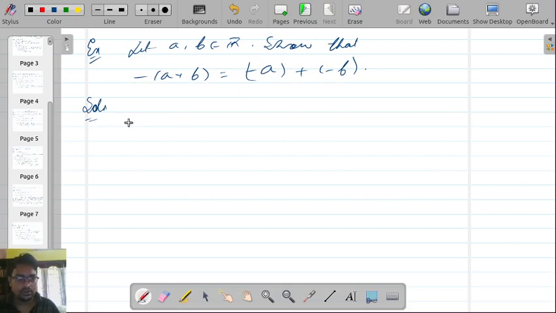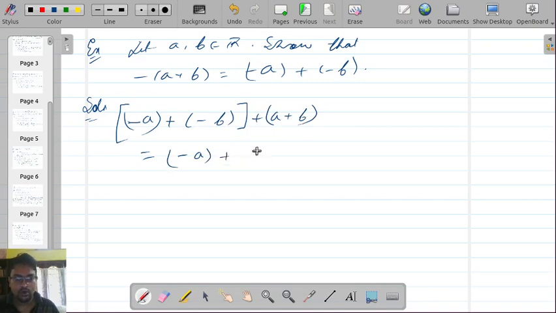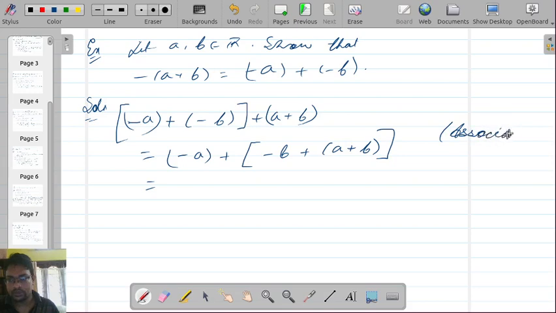Okay, so what I can do is I can just calculate what is the sum of these two, minus a plus minus b plus a plus b. Okay, let us calculate this sum is equal to what? Equal to, I can apply the associative property here, minus b plus a plus b. Okay, so I can use this associative property. So here I have used associative property. Okay, so in exam do not use shortcuts. The important thing is here is you have to show that you have understood what are the properties we are